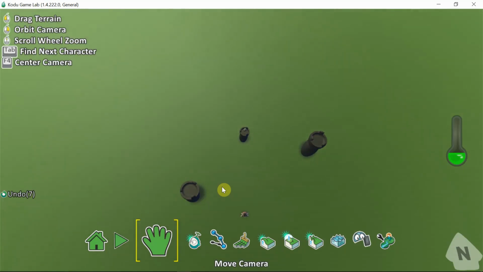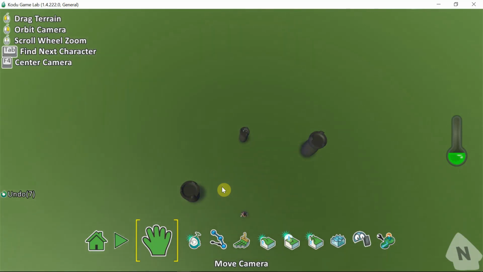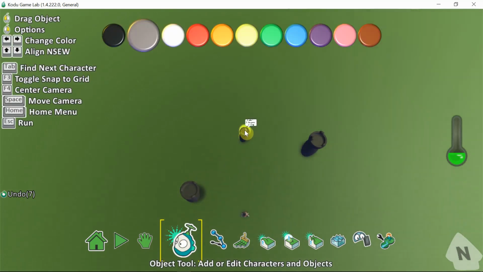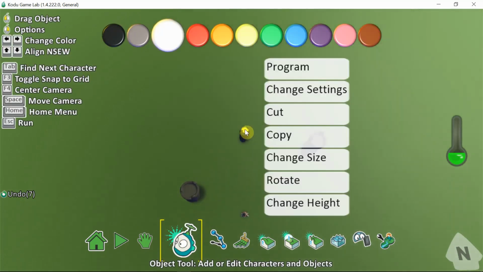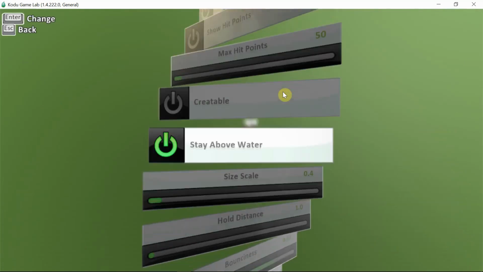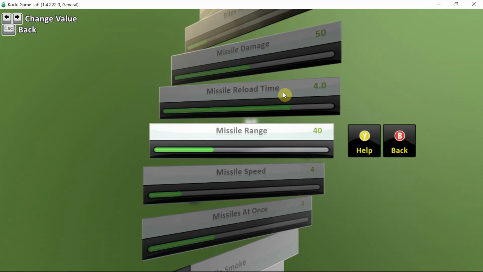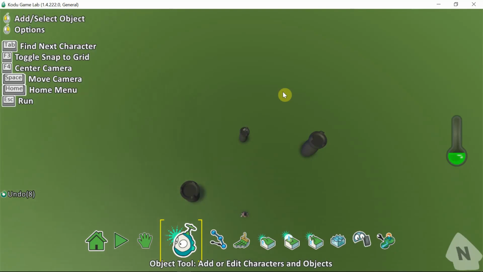You might have noticed I can bring my jet very high up in the sky and I can come out of the range of the missiles to keep myself safe. So this should not be done. This is not fair actually. We should give an equal fight. The range of the missiles is very little for the cannon. So what we do is we go to the object tool and for the cannon I increase the range of the missile. Missile range is just 30. I think 50 would be better. Or we can change it accordingly while testing the game.